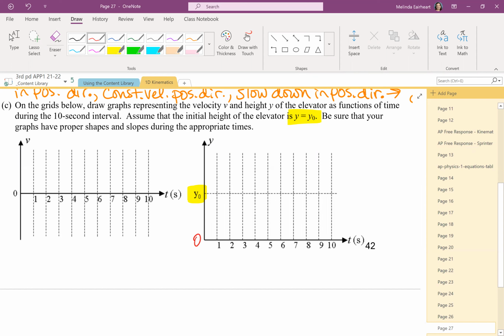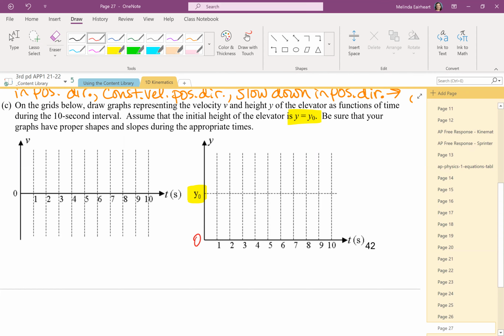Pay attention to detail. Be sure that the graphs have proper shapes. They mean a curve is a curve, a straight line is a straight line, and then slopes during appropriate times. Now notice both graphs do have the x-axis time labeled. Do you think they're grading that for accuracy? Yeah, the time parts they're grading for accuracy, but the vertical axis, there's a couple things they're looking at, but overall, they're not grading the vertical axis beyond those 2 points. And so you can do either one of them first. We'll just go in order,